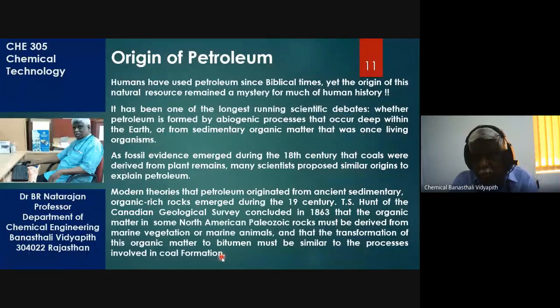Of course, there is more belief that petroleum originated in a marine location or close to marine, right? The marine vegetation and marine animals. But since the product was liquid, the liquid started moving through rocks and ended up traveling far and wide and got trapped in different places, right? So, of course, some oil is there over the seashore and even in the sea, but a lot of oil has moved because it is a liquid product.